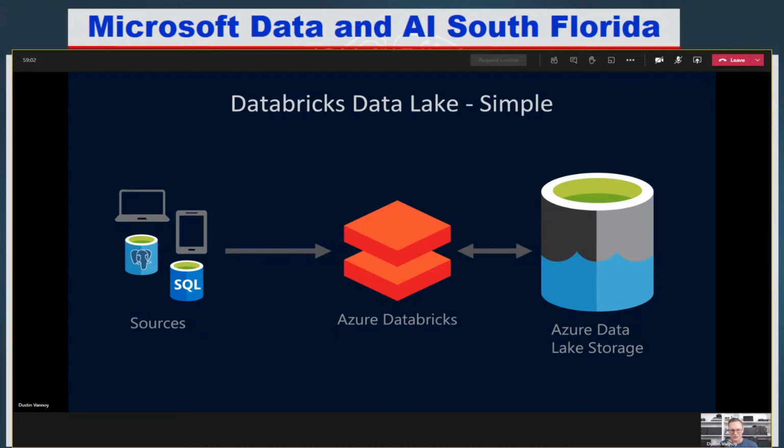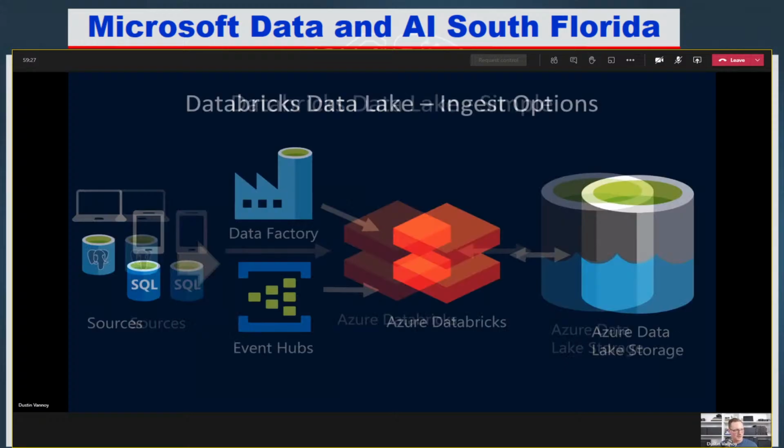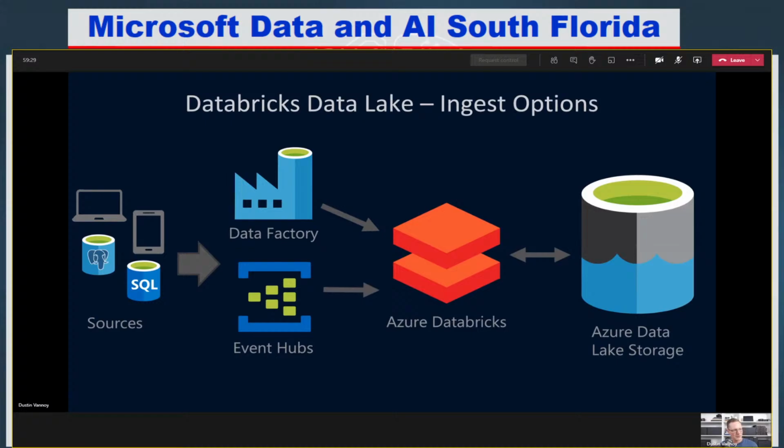So we could try and read straight from a file system. I'll show you a little bit of that, but usually there's a middle layer that we have to add. Basically Databricks is doing the heavy processing and it's writing out to my data lake. In Azure, you'd be using Azure Data Lake Storage, that'd be Azure Data Lake Storage Gen 2, by the way, if you're actually setting it up. It's a distributed file system that we can use in Azure, and it integrates really well with Azure Databricks. A couple other things we can mention about that in a moment, but as we zoom out just a little bit more from our super simplified approach, we have two modes a lot of times that data will get to Databricks.